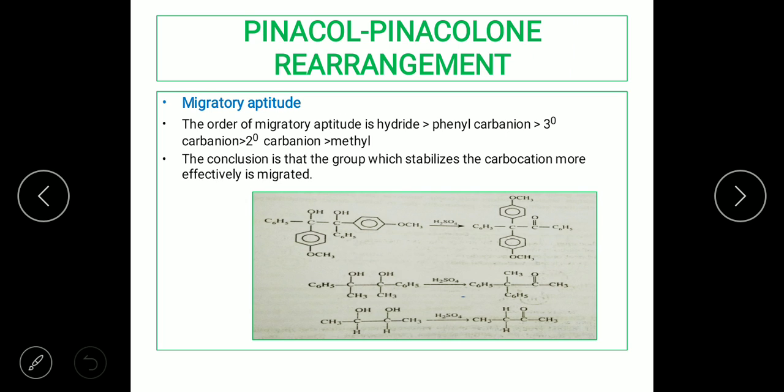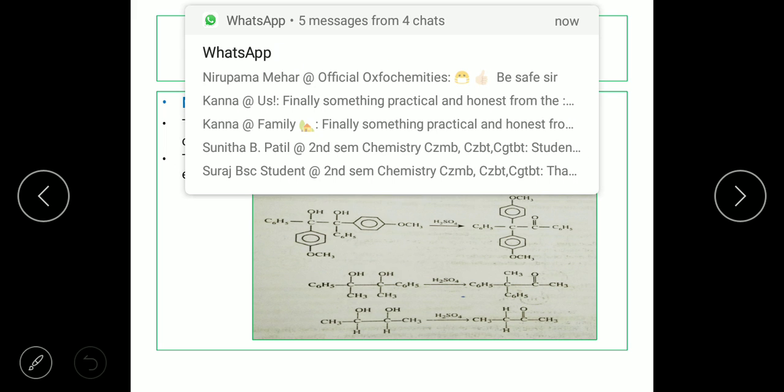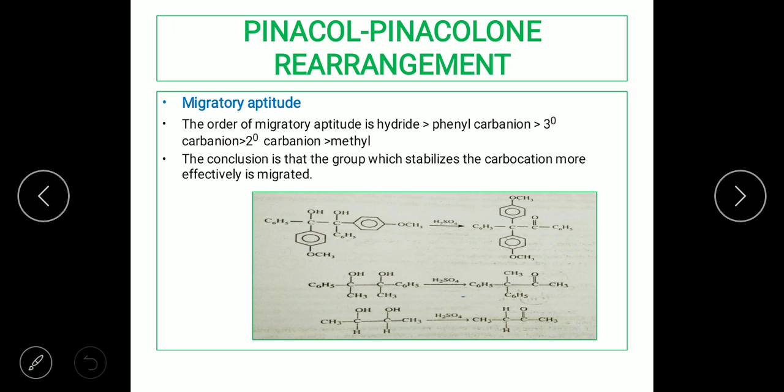Now, till now we studied how there is a carbocation generated, how a 1,2 shift is possible, and we also studied the evidence and proof for the carbocations which are generated. Now the next topic we're going to study is the migratory aptitude. What kind of groups can migrate from one position to the adjacent carbocation? Because here, we can have n number of migratory groups based on the substrate.